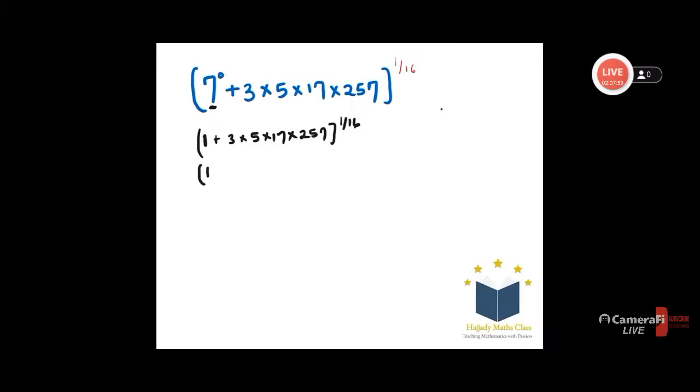So here I'm having 1 plus 3, which can be written as 4 minus 1, that is the same thing as 3. My 5 can be written as 4 plus 1, multiplied by 17, which can be written as 16 plus 1, and also 257 can be written as 256 plus 1, all to the power of 1 over 16. With this, I'm going to make use of the rule of difference of two squares: when you have x squared minus y squared, it is the same thing as x plus y times x minus y. Now look at these two. This is like my x minus y,